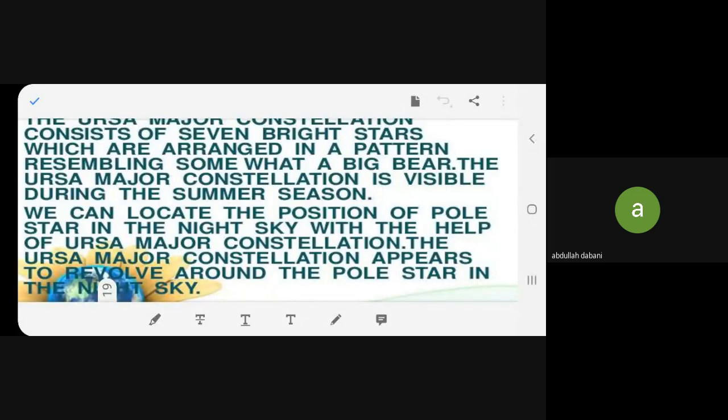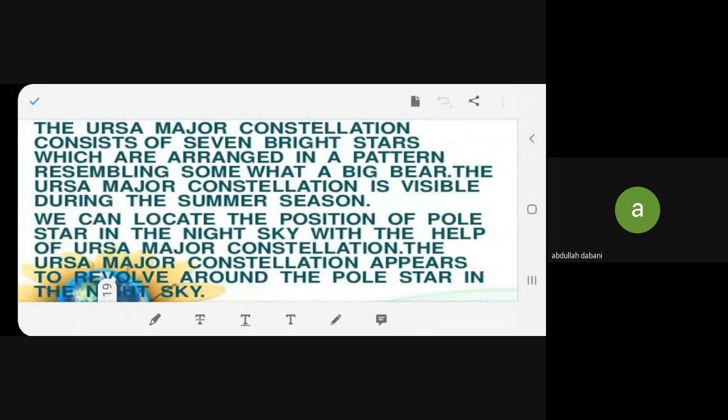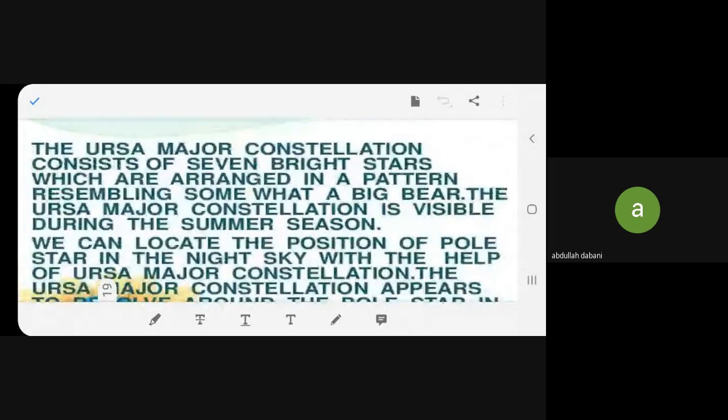Understood? I think I taught you the pole star on Saturday. Yes, I taught you about the pole star. Now we are relating the pole star with the Ursa Major constellation. Have you heard of Saptarishi, the constellation? This is Ursa Major. In Hindi, it is called Saptarishi. Got it? So there were seven sages. Rishis means saints or sages. So that's how it's been named.